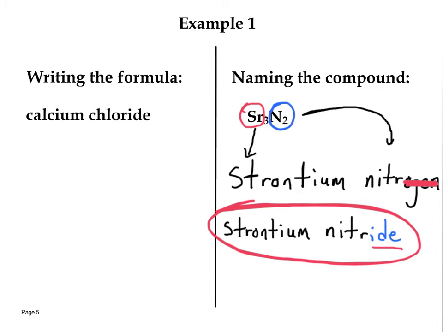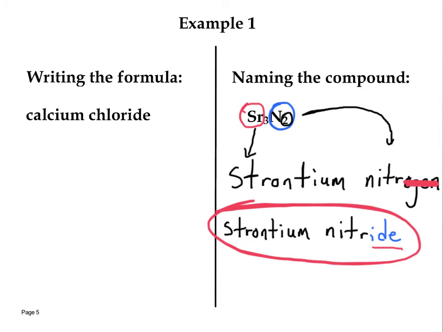The final point that I want to talk about in naming a compound is that although what I'm about to show you isn't important for this compound, it is going to be important in the future. So I want us to go ahead and get this concept under our belt so that we feel comfortable later on when it really becomes important. I want us to go ahead and start checking the oxidation numbers of these substances. And what we're going to do by this is we're going to swap the oxidation numbers like I mentioned in a previous slide. And by swapping the oxidation numbers, I really mean take a look at these